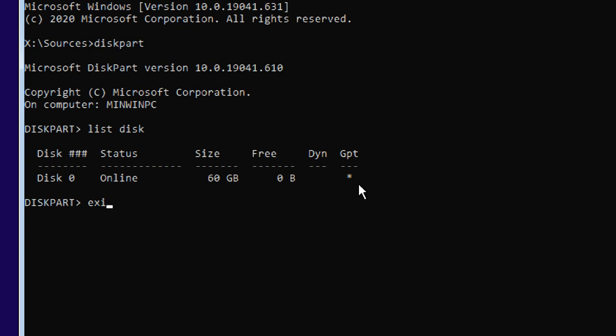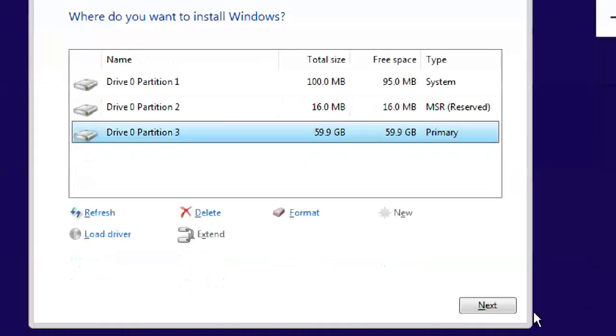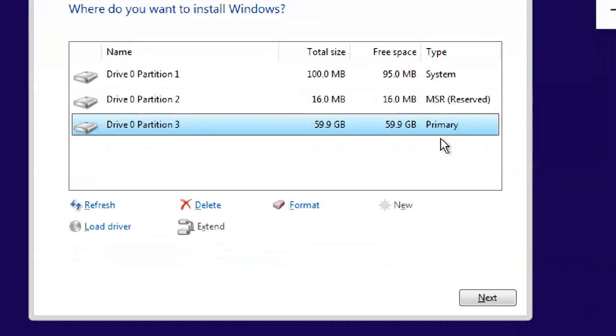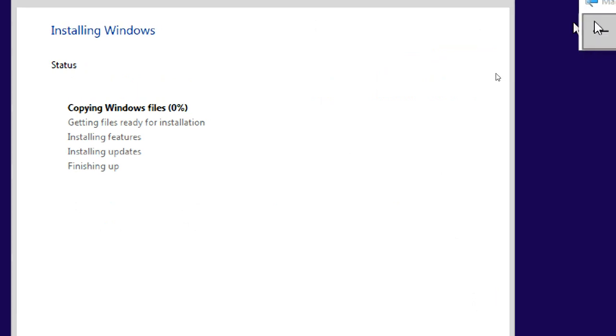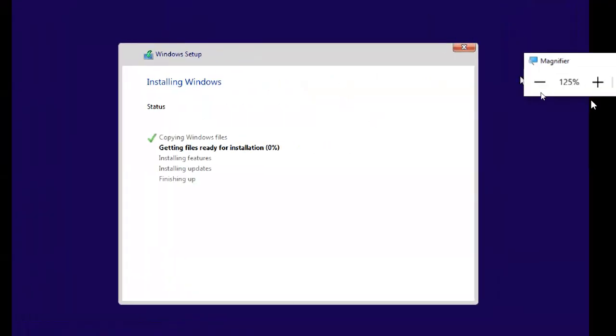So we do exit. C drive, D drive will also be there here. You can switch it and choose that one, so you can work on that one. Currently I'm not doing that. So I have three partitions. It is split like this: one is the system reserved partition of 16, and primary is showing like this. This is the main partition, partition 3, 59.9 GB. Next, maybe because of the new evaluation it will create four partitions.